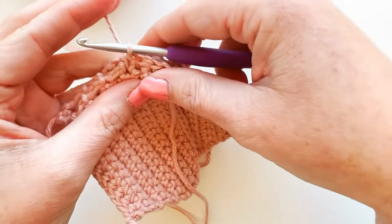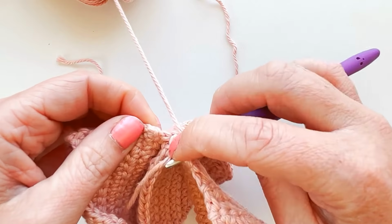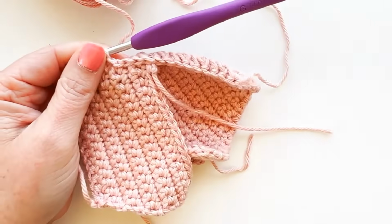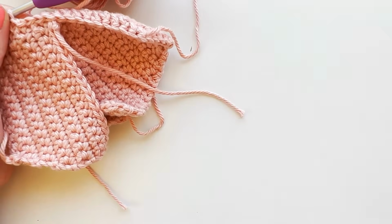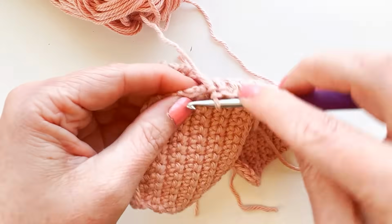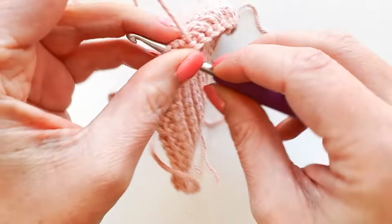Single crochet. Now we are just doing the bottom piece and the back piece. So we're going into a bar and we're looking for a hole in the back, which is right here. That's where we're going to place our single crochet. That's 1, and we should have 1, 2, 3, 4, 5, 6, 7 single crochets before we get to the bottom. That's 1 hole bar, that's 2 bar hole, that's 3 hole bar, that's 4